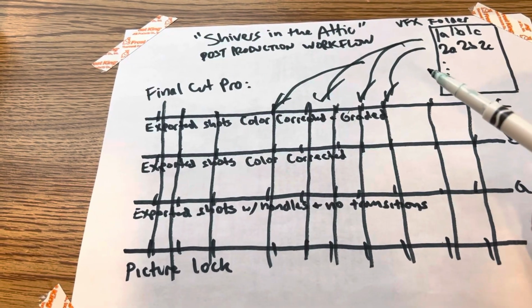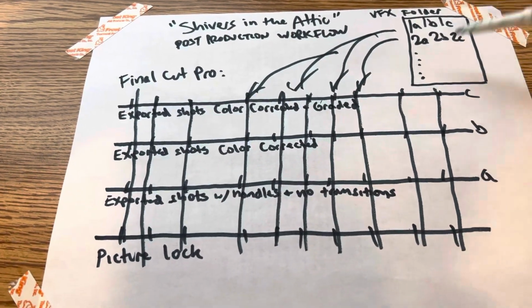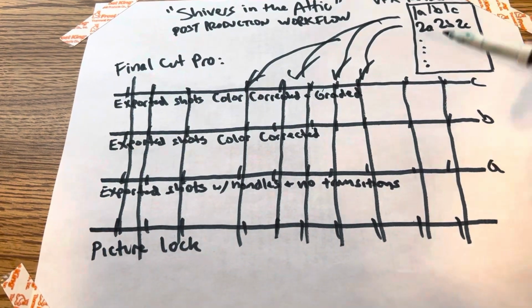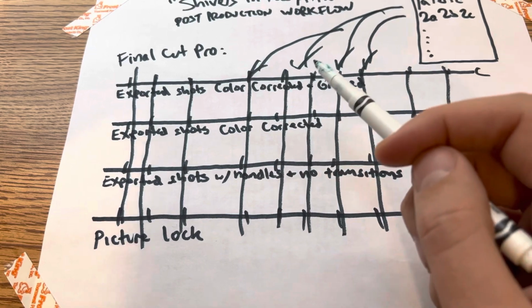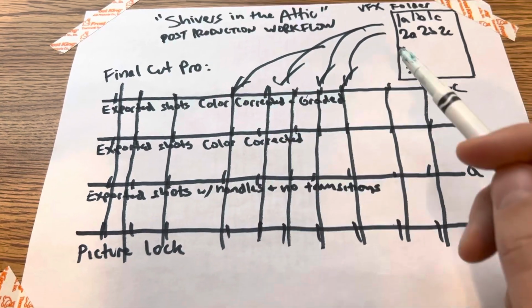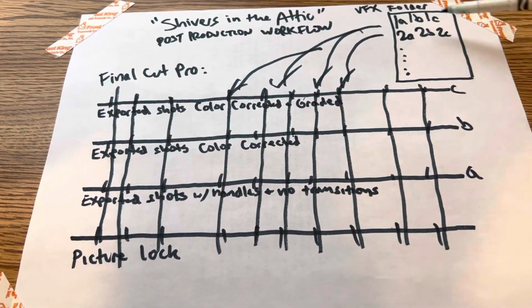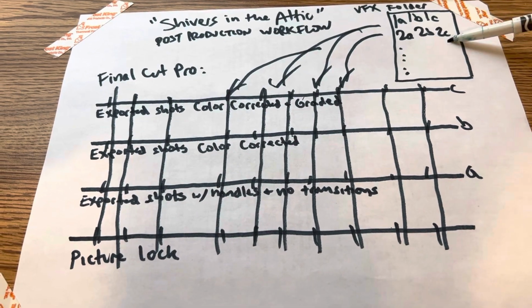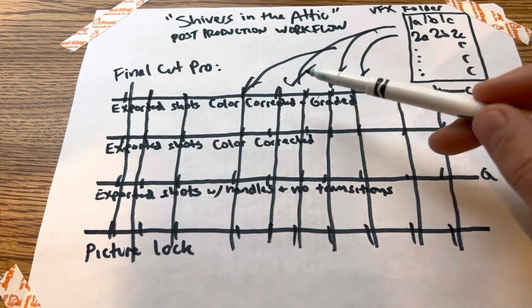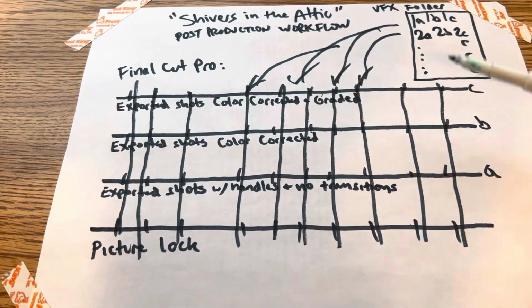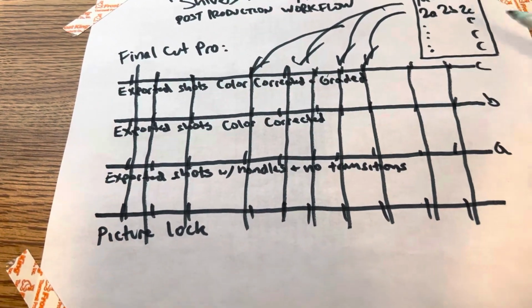Now, the VFX artist may or may not apply the grade to those things. So then we would need to basically match what we had done before. So there could be a little bit extra work on the colorist's part, but we have all of these C's, which are going to be what the shot was supposed to look like. So that's a solid reference to replace all that stuff. So then the very last thing is